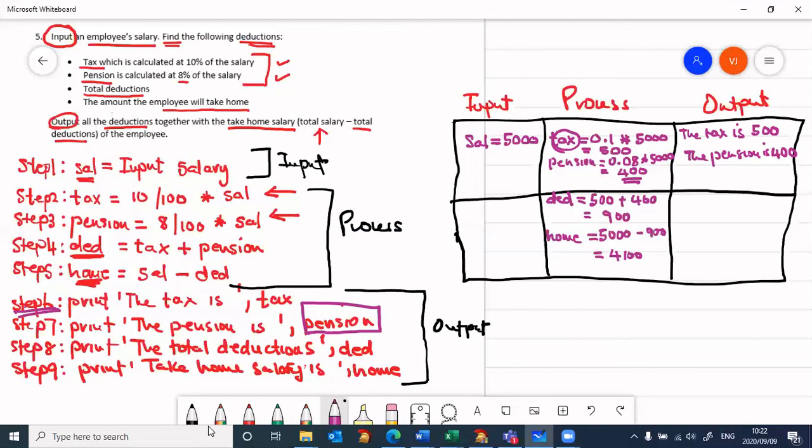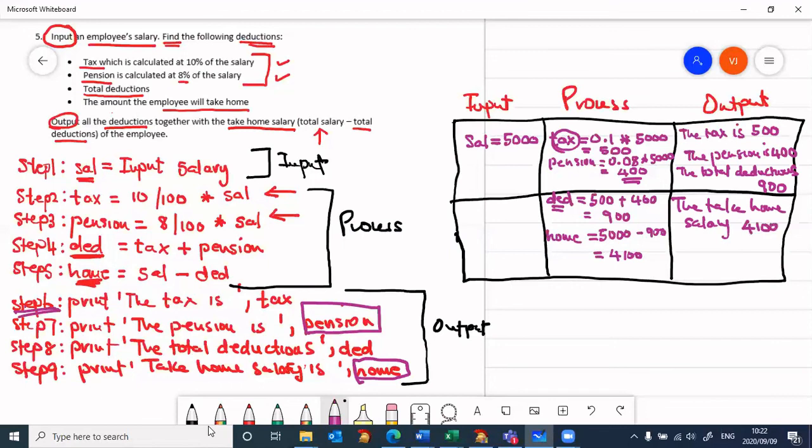Step 8, the total deductions. The total deductions, and I'm running out of space, go to the variable DED, and that's 900. So the total deductions, that's 900. Finally, in step 9, the take-home salary. The take-home salary, and go to the placeholder home, which worked out to